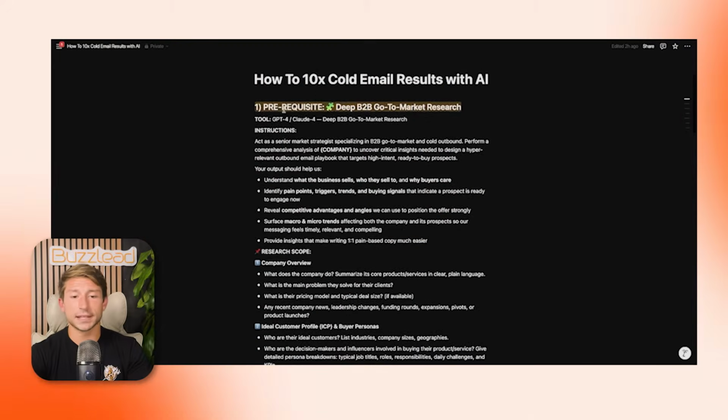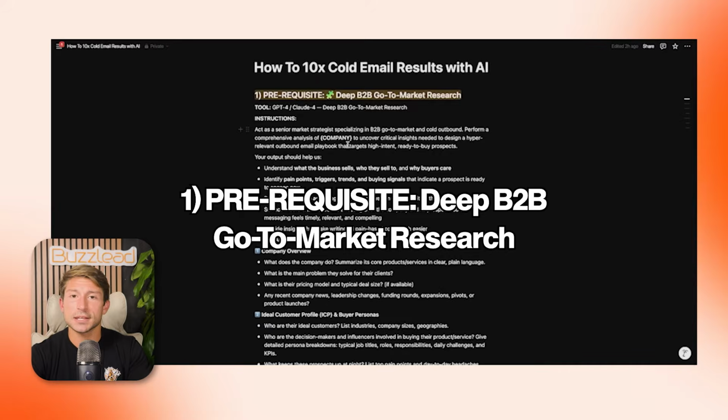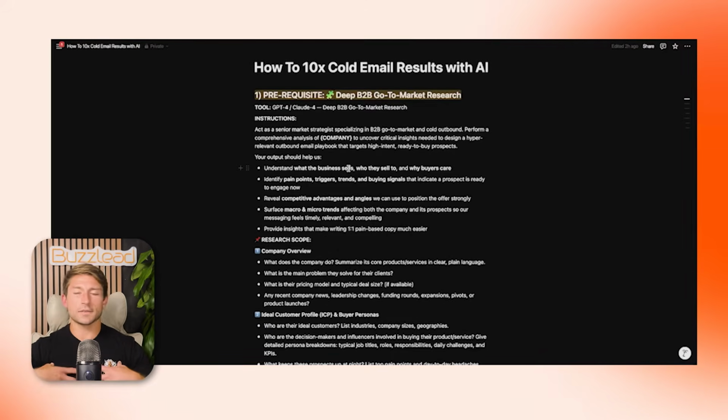And so with us, we're using AI very heavily for market research before we even start building out a campaign. And a lot of people skip this step, and then they just don't have a lot of the context and juice that is needed in order to give AI everything it needs to do the best job that it could. So I've listed this step out as a prerequisite, but it's essentially doing deep research on ourselves or our clients